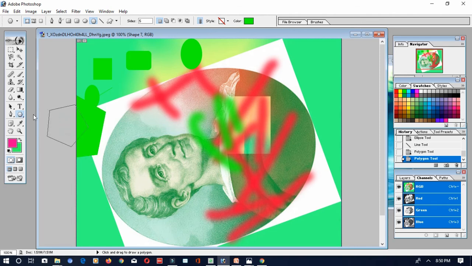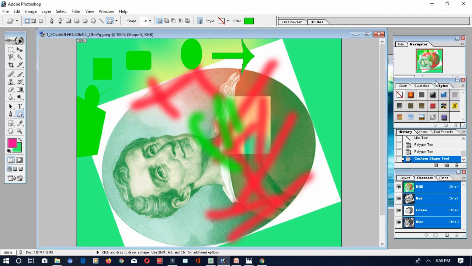Then if you wanted to create a custom shape, it is also possible. So this is the custom shape. If you wanted to change the color of this custom shape, if you wanted to have different styles, you can go to this color panel and click on any of the colors, it will be applied here. Okay, so this is also possible.